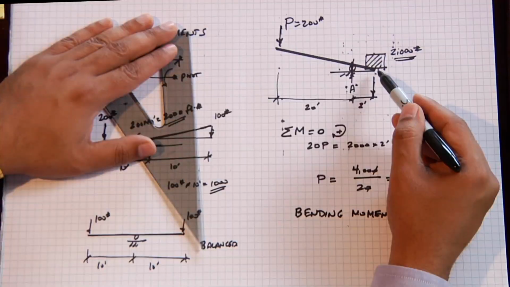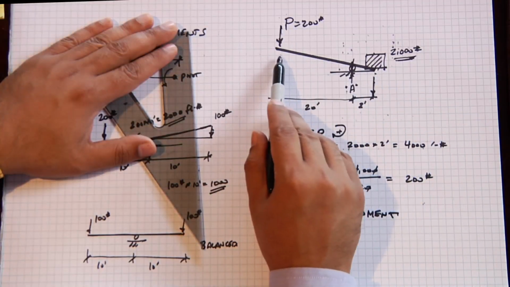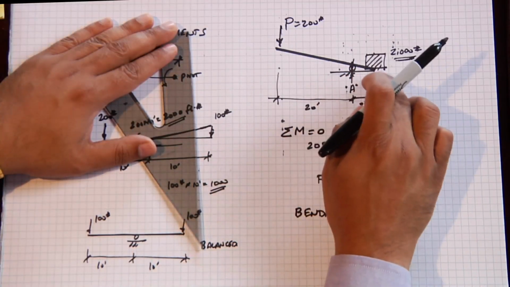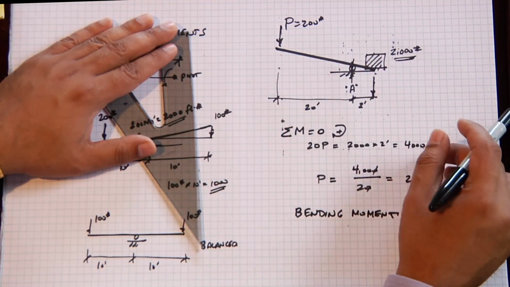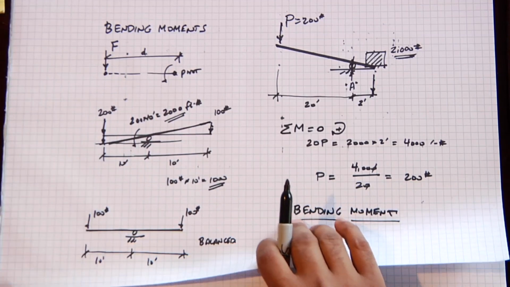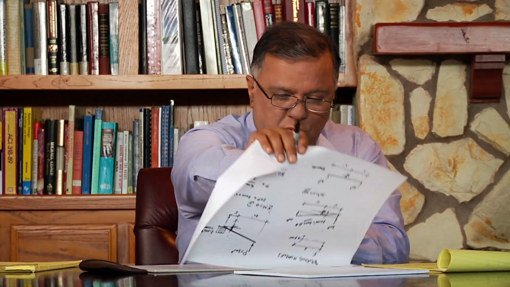And that's exactly the way we lift heavy cars. We use this principle of leverage in order to lift a heavy car using a hydraulic jack. So bending moment is very important in terms of understanding a structure. So let's move from the seesaw